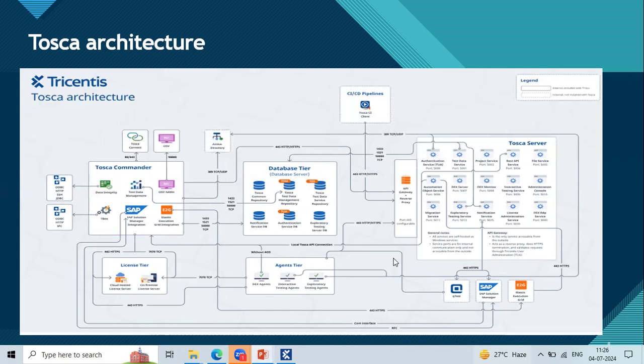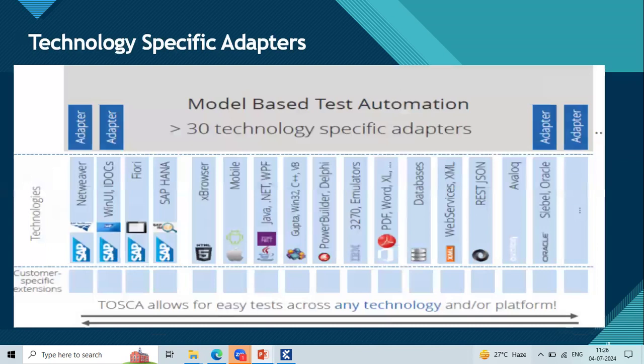Yes, Anusha. I'll explain this entire architecture going forward in a step-by-step process. Next. I said Tosca is going to support more than 300 applications, right? See here, these are all the technology-specific adapters.